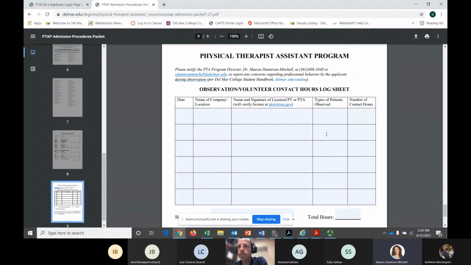The most common type of facility where physical therapy is provided is an outpatient facility, more like an outpatient orthopedic clinic or sports therapy type facility. That's the most easily accessible for you for your observation hours. But we would still like for you to try to get some additional